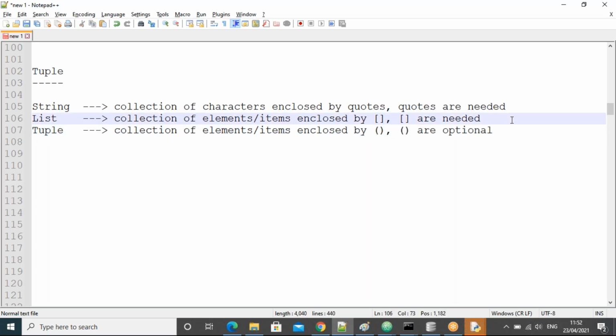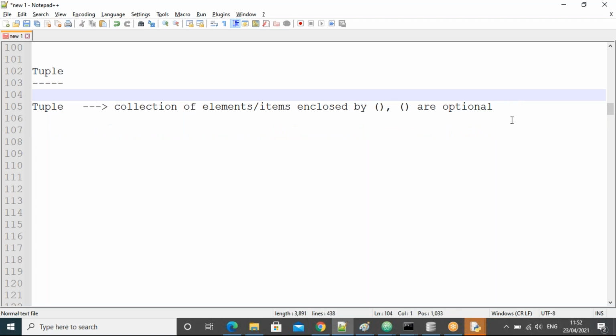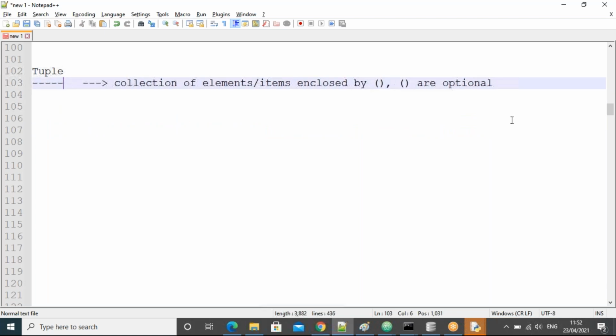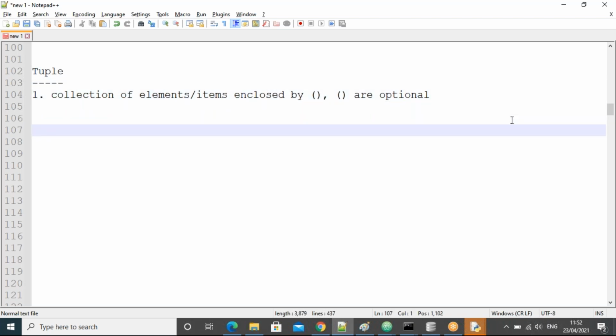Let us see all points now one by one. Now all of you see, we discussed list very clearly, right? So the tuple also has all the points like list, guys. Tuple also has all points same as list, except one or two points.